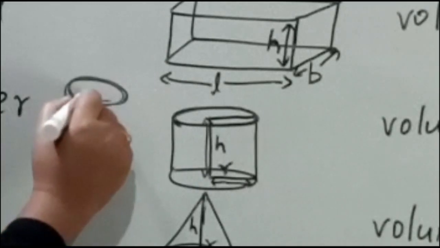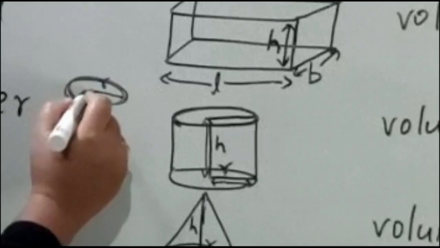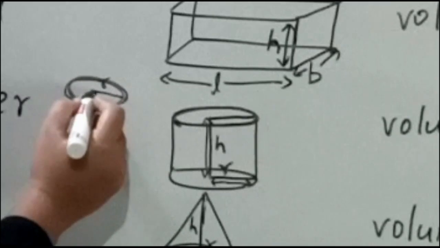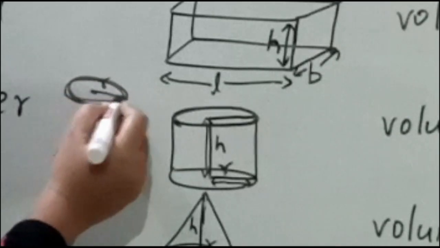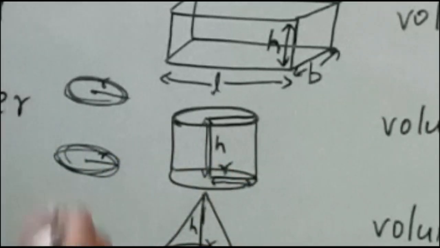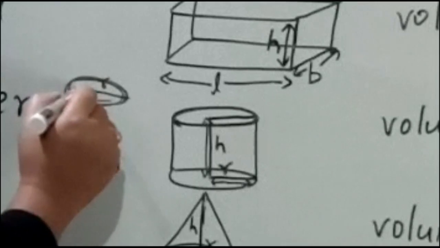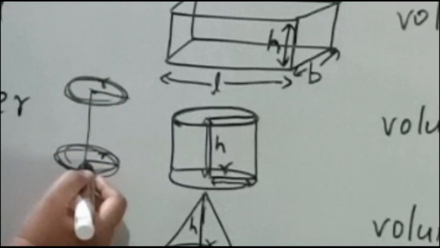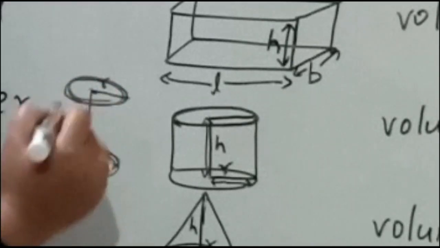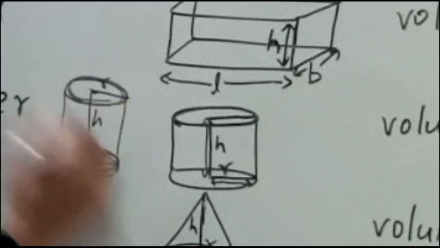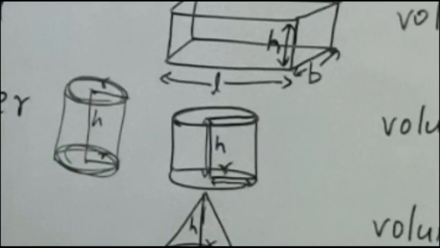So here, the center of this circle is the center. Here to here, when you join, you will get radius. This is the radius of the cylinder. Then from the center of the upper circular shape to the center of the bottom circular shape, the distance is called height. Clear? So this is a cylinder. Clear, children? So this is radius, this is height. So what is the formula?